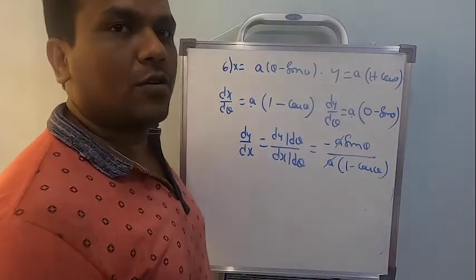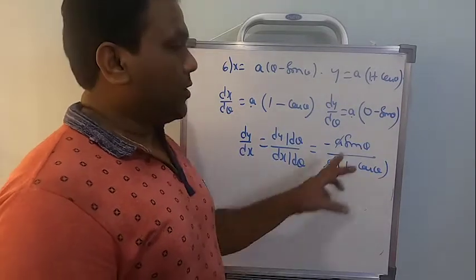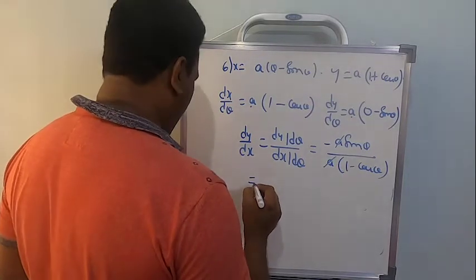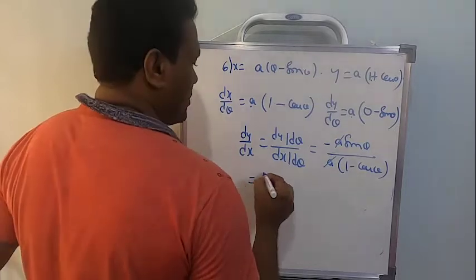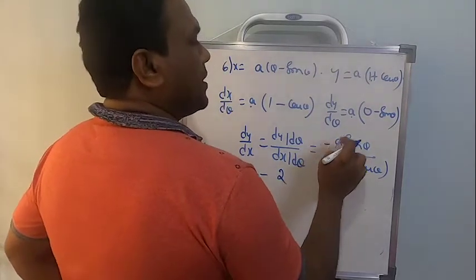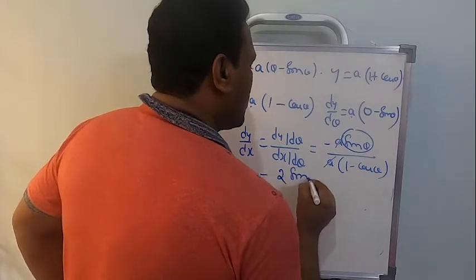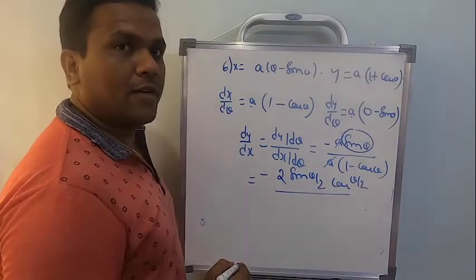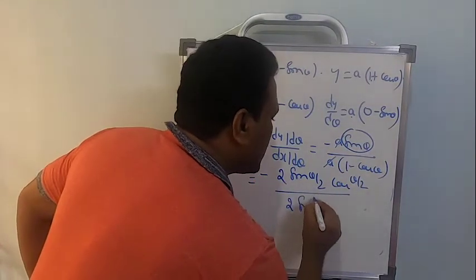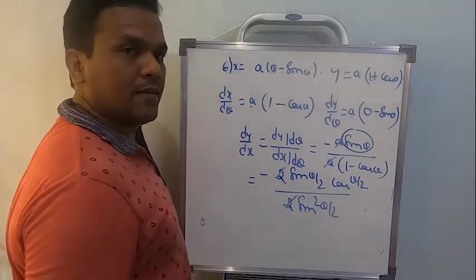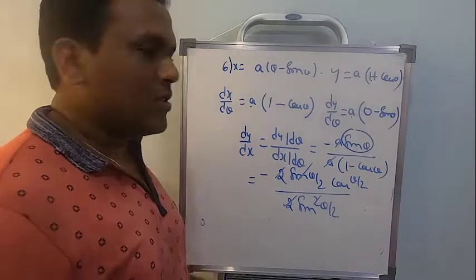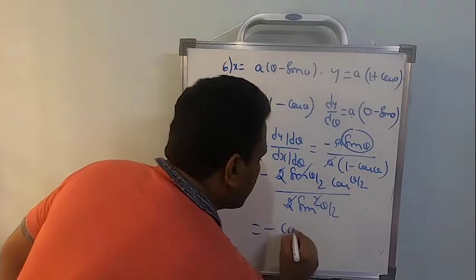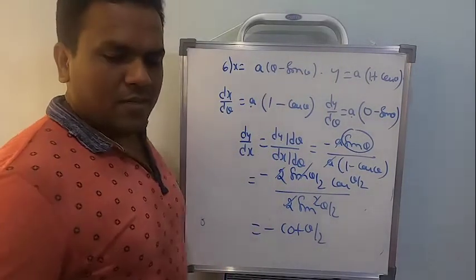a will be cancelled. Not to stop at this stage. Please continue by using submultiple formula for numerator and denominator. So a minus sign is there. So let's retain the minus sign. So in the numerator minus sign. See, submultiple formula for sin theta: 2 sin theta by 2 multiplied by cos theta by 2, and in the denominator we have 1 minus cos theta. 1 minus cos theta is 2 sin square theta by 2. 2 will be cancelled. 1 power of sin will be cancelled. What is the remaining? Cos theta by 2 by sin theta by 2, that is minus cot theta by 2. Just try to understand, student.